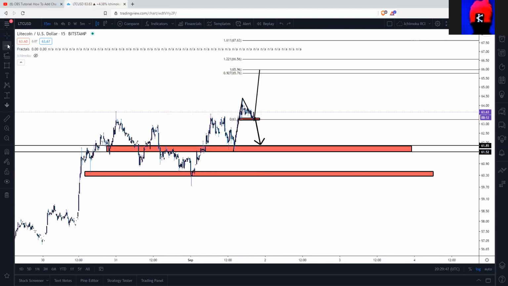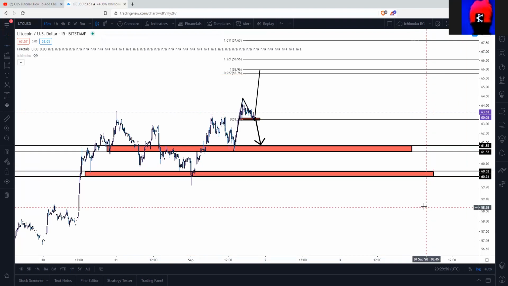So between, what price is this? Between 60.52 and 60.24. This is a zone. So this is how you play with the market. You play it by zones and levels. It's not about, oh, this candle did this, this, and this. Well, you could do that, but what zone is it bouncing off of? What level is it bouncing off of? If you don't have a level or a zone, I suggest you don't trade, because that's how